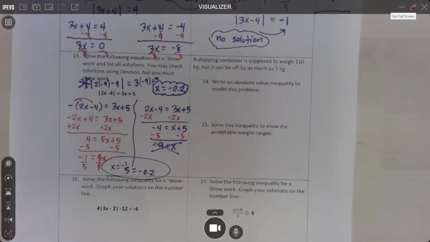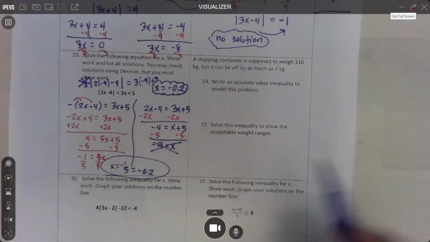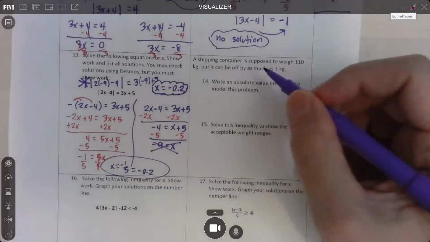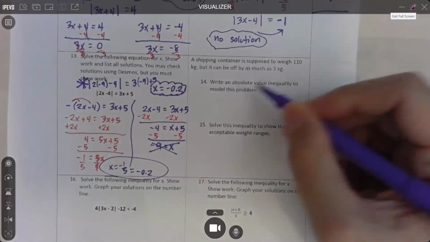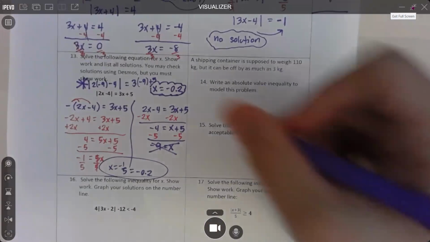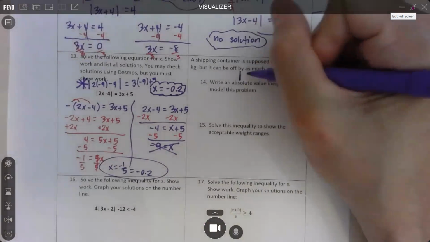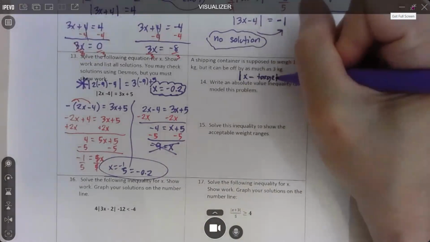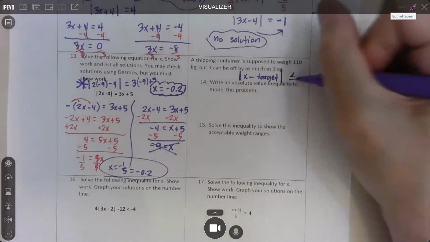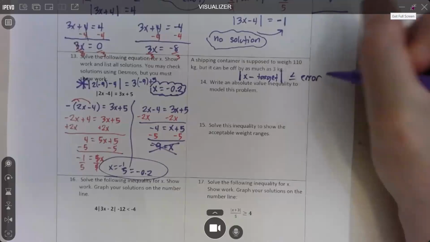All right, question 14. A shipping container is supposed to weigh 110 kilograms, but it can be off by as much as 3 kilograms. Write an absolute value inequality to model this problem. These will always look like the following. Absolute value of x minus some sort of target weight. It should be less than or equal to how much you can be off. We call that the error, or the